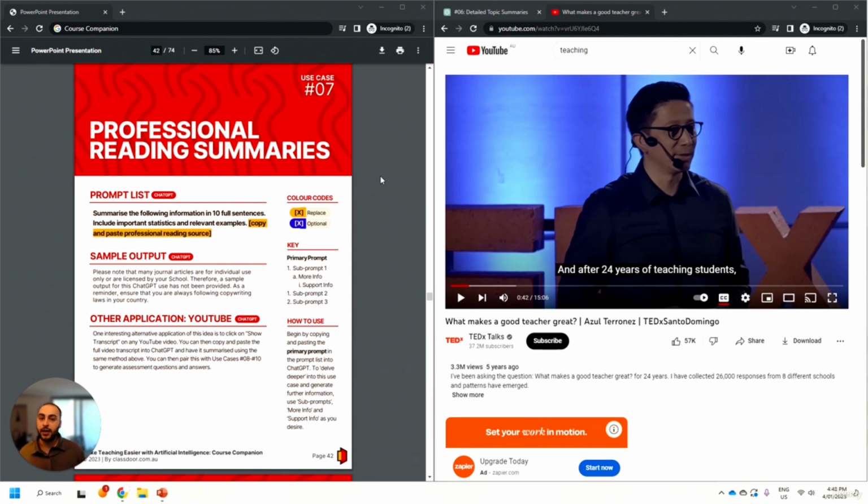A reminder that depending on what information you are being given, there are copyright laws around much of it, and for a lot of them, you need to make sure it is personal use only. Make sure that within your own country, you are following very closely the copyright laws that apply to that particular source of information. Alternatively, you can actually use this to summarize YouTube videos, being public domain.